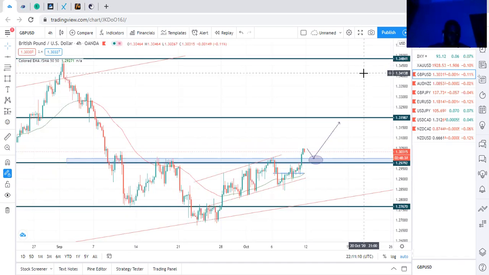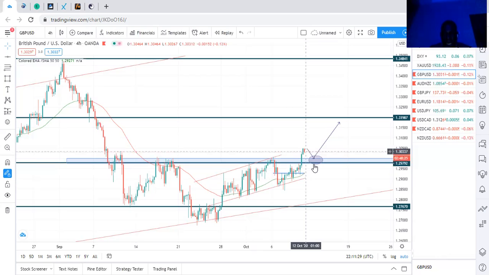So I'm just going to talk quickly about this GBP USD. What I'm looking at on GBP USD is for the price to come down to this level and give me a continuation signal to go to the upside, to hop in on buys. As you can see here, this is a strong daily level. If you look to the left, where the history is, you see that this is a daily level. Price has touched it multiple times, and I marked it up, and price broke out of it.